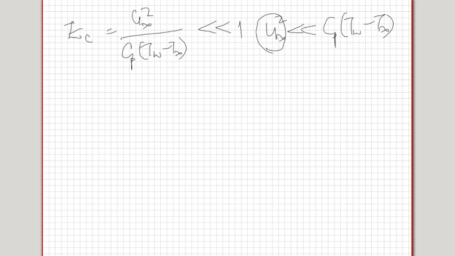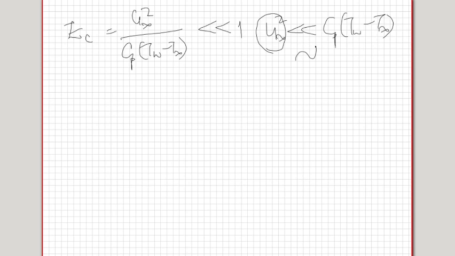Whereas if u squared becomes comparable to this, which basically means if this is 5000 and u squared is also of the order of 5000, then u infinity would be of the order of 70 or 75 meters per second. In such a case, the velocity will start contributing. So what does that mean? The Eckert number being small basically means that it's a low speed flow. It's not a high speed flow, so it does not contribute substantially to the changes in temperature.